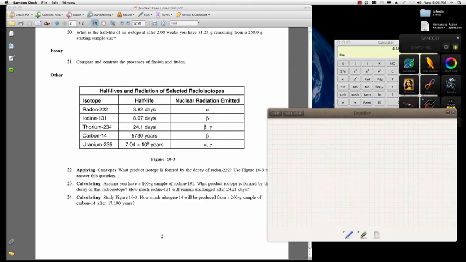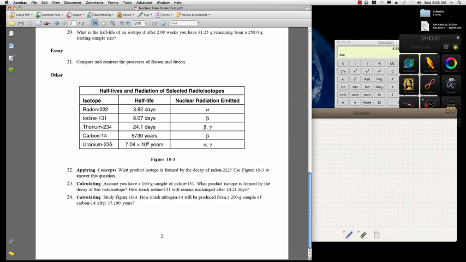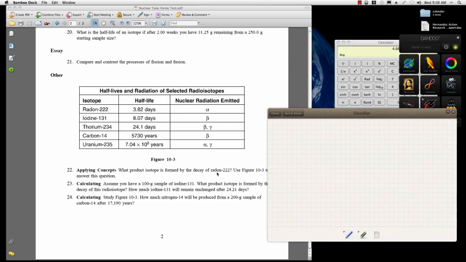All right, moving on to 22. What product isotope is formed by decay of radon 222? All right, so you use this figure. So we have radon, which I believe is Rn. So this is 222 Rn. If you look on a periodic table, Rn, I believe is